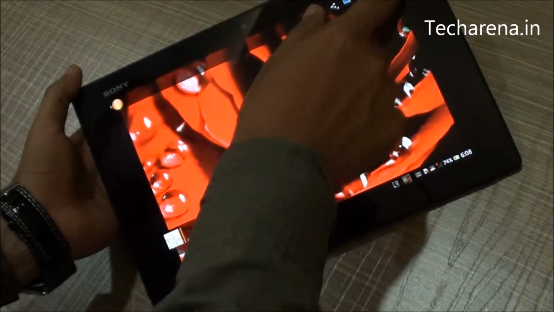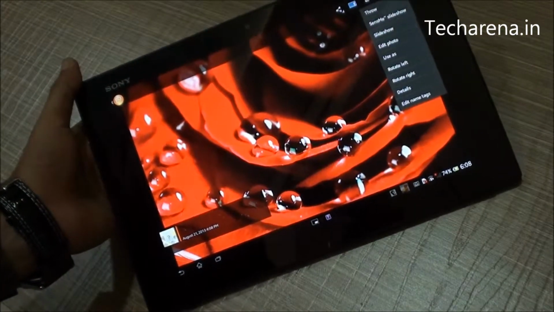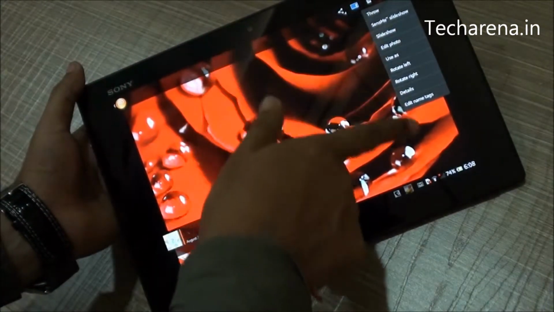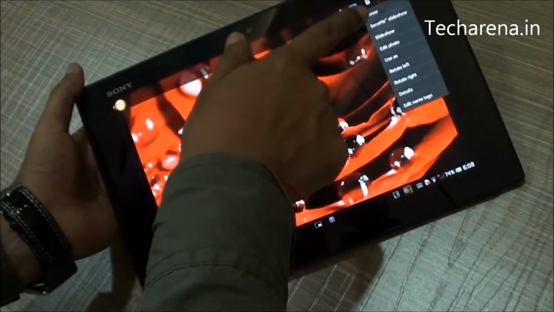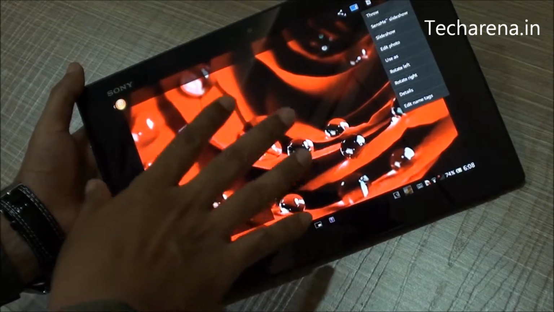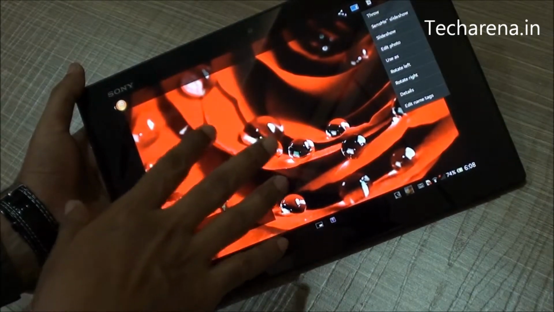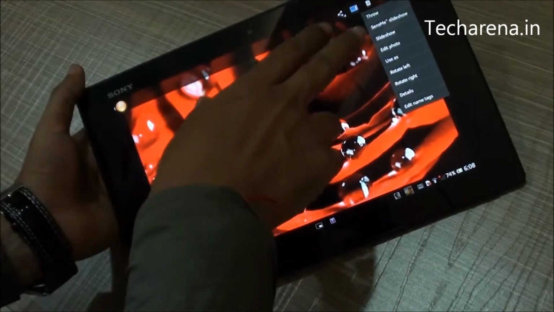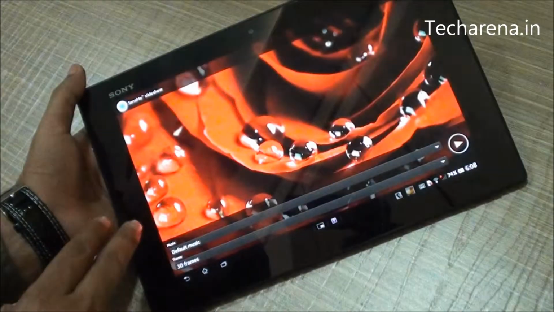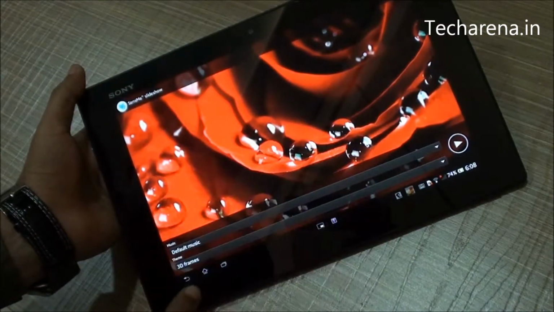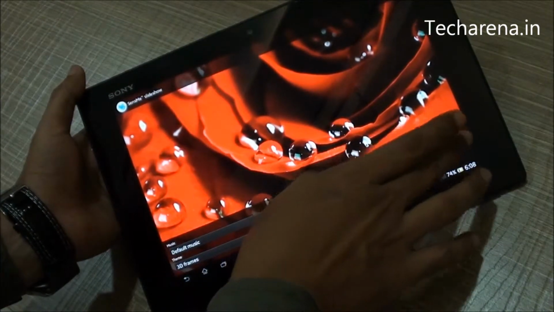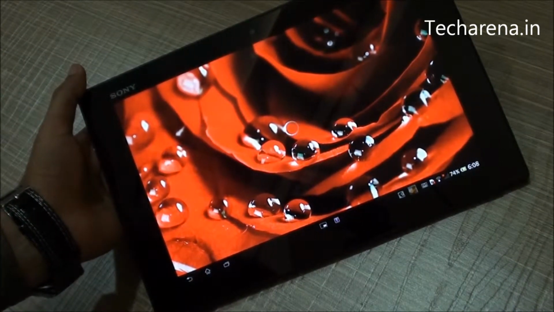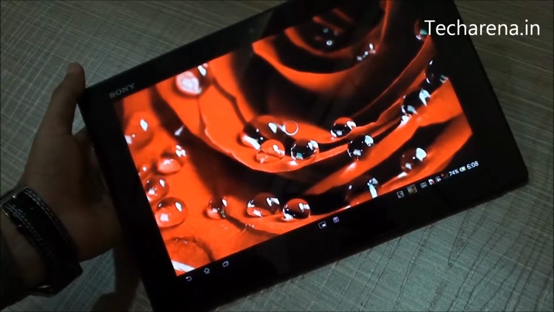You can go to the additional settings menu at the top right side and you have different types of options here, like Throw. When you tap on this, you can simply throw this same screen on an HD TV or on any other device which has support for this. You can play a SenseMe slideshow where you can add different images, you can add frames, and you can also add music, and you can watch all your photos sitting back.